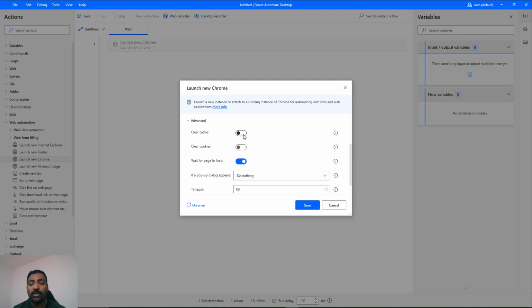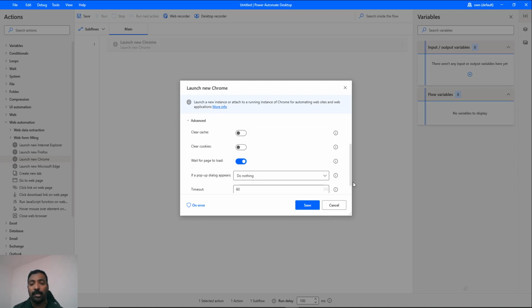In the actual case, you have to set this to on, because in case something is cached, you need to make sure it is cleared every time before it opens the site. But when you are testing on your development machine, better not do it. If you do, all your browser history and everything will get cleared. Then next time when you log in to any of your other sites, you have to enter your username and password again, because whatever information was auto-saved will be gone, and the sessions will also automatically expire. So for testing purposes, keep it off, and when you are deploying and trying it on your server machines or in your cloud, you can set it to on.